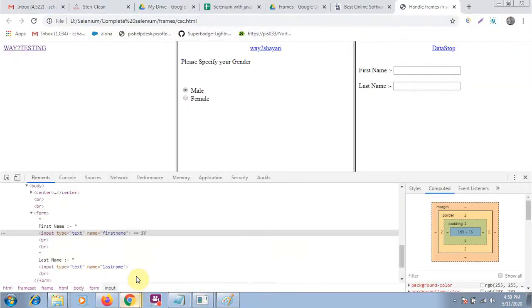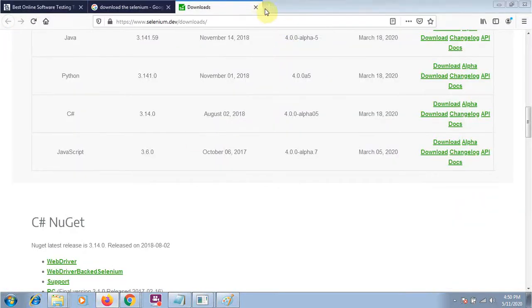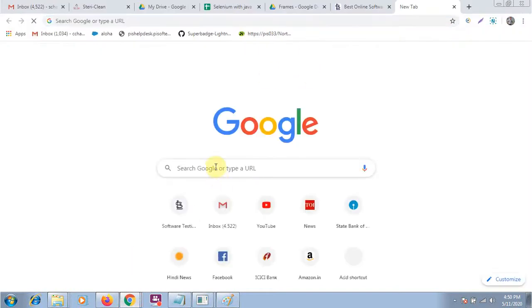Okay, so suppose that this is our screen. Now I will search for download Maven, and then a directory will open and we will perform the operation.